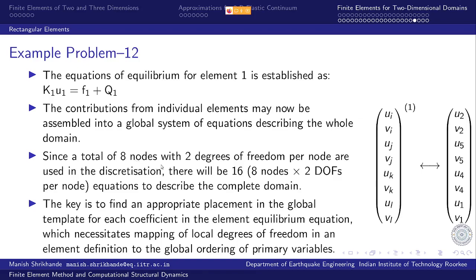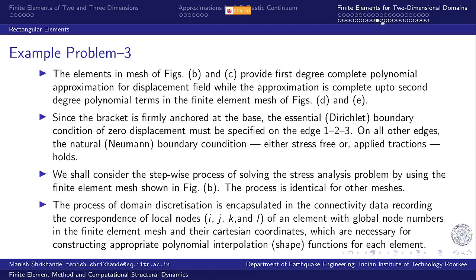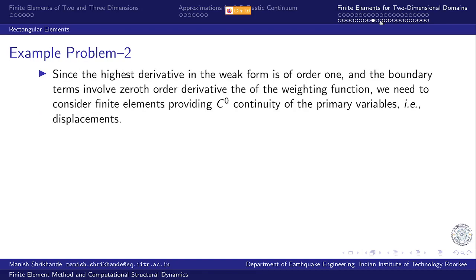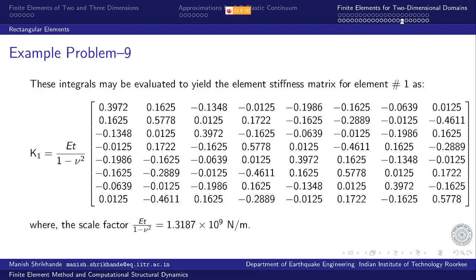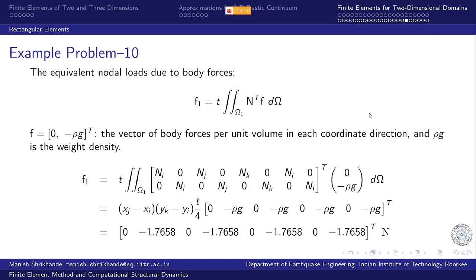Since a total of 8 nodes with 2 degrees of freedom are used in the discretization, if you look at this, the total number of nodes is 8 and there are 2 degrees of freedom at each node. So the total system of equations would be 16 by 16, right? 2 degrees of freedom at each node, so there will be a total of 16 variables. So the coefficient matrix corresponding to 16 degrees of freedom would be a 16 by 16 matrix,